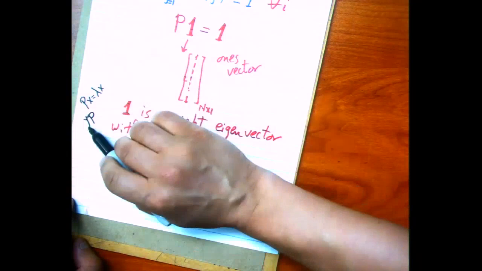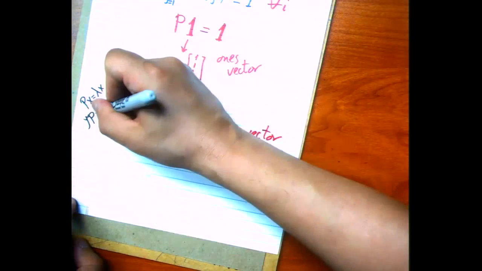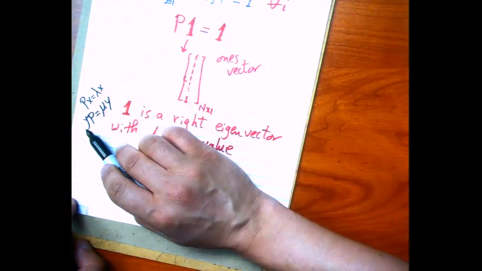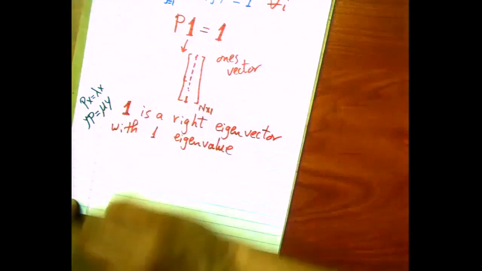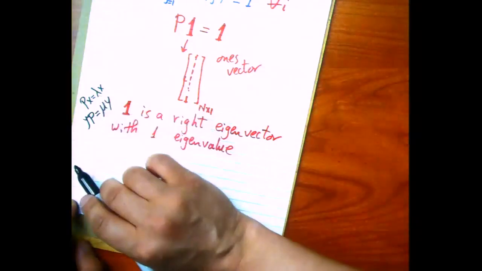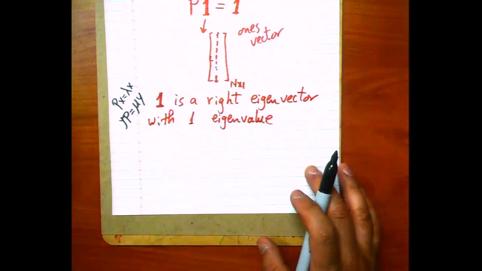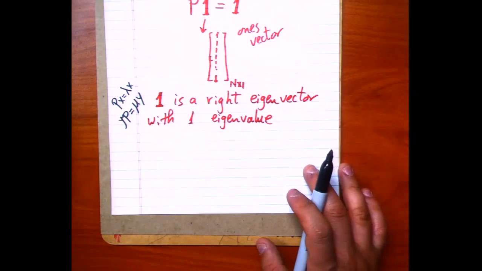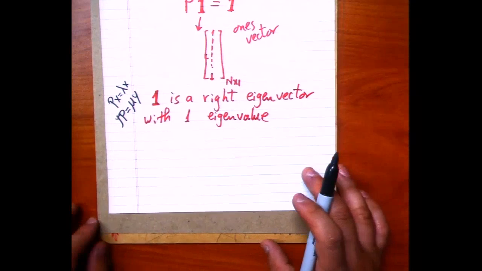There is a possibility that Y times P, but this time Y will be a row vector. If you multiply from the left by a row vector and get another number mu times Y, then Y is called a left eigenvector. This is a left eigenvector. This is a right eigenvector. Lambda here is an eigenvalue. Mu here is another eigenvalue. Why am I talking about these two, right and left? Because we'll have right eigenvectors in this course and left eigenvectors. And probably next time we'll see the left eigenvector, which is actually the stationary distribution.